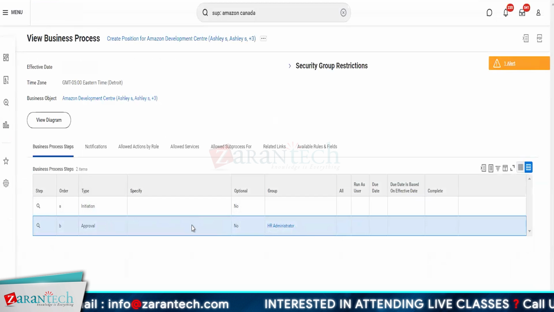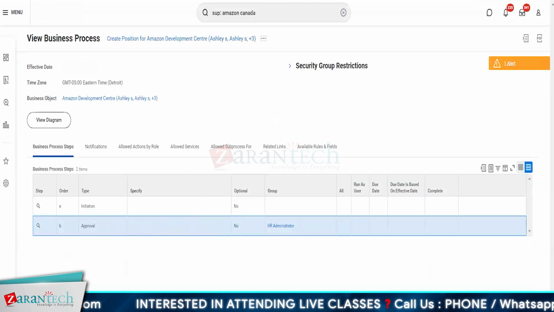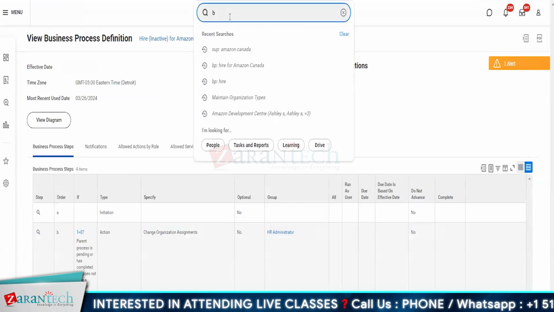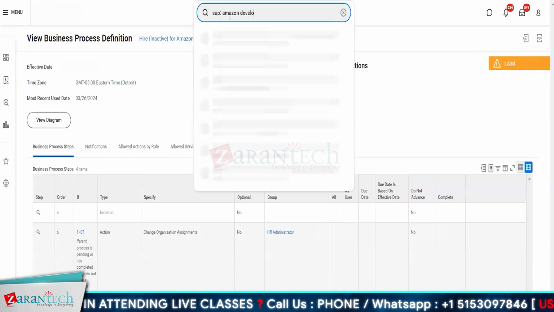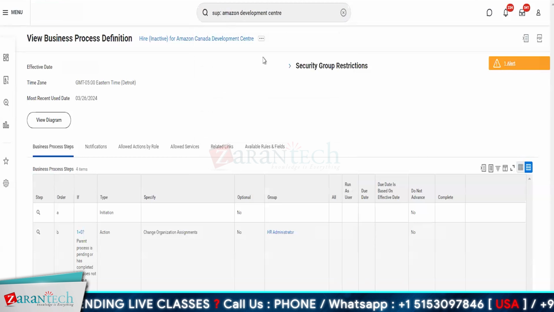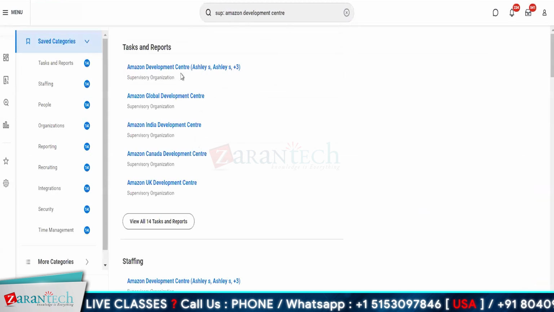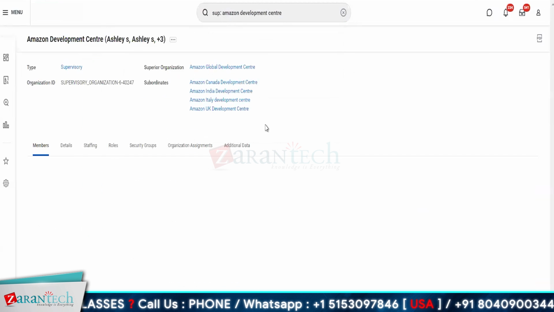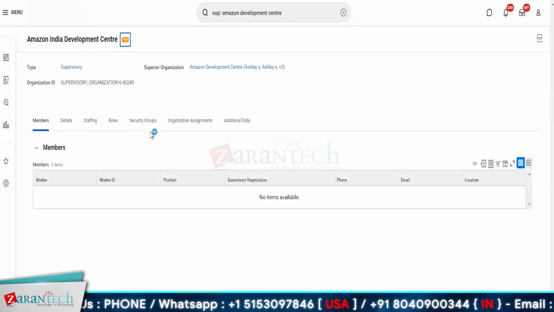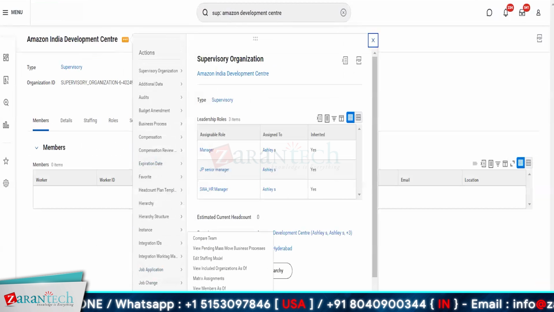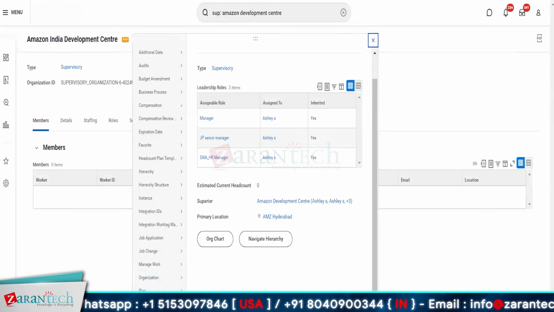However, if I go to the process and check the business process, you will see that there was an additional step, but it got auto approved. Okay. Let me go to the supervisory org, Amazon Development Center. And this time I'll just go to Amazon India here. I'll see if I can create a position here. So staffing,